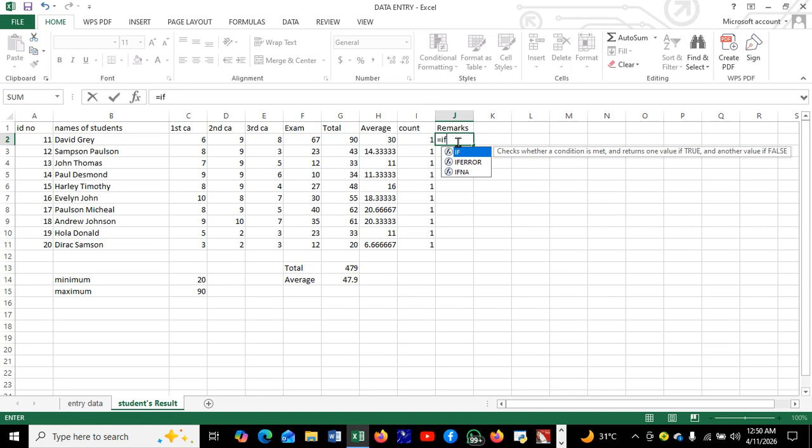Now, the if conditional statement here is that we have the pass mark of each student. Let's say the pass mark is 50. So if the student scores below 50, that means the student has failed the exam. Am I making sense? If the student scores below 50, the student has failed the exam. If the student scores above 50, that means the